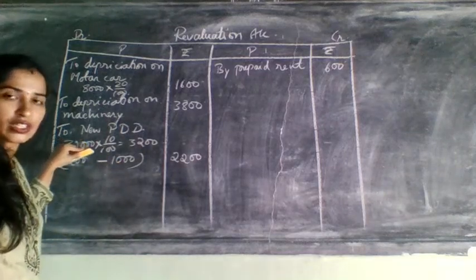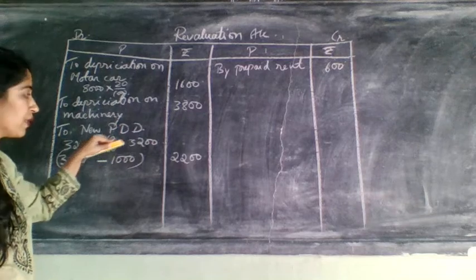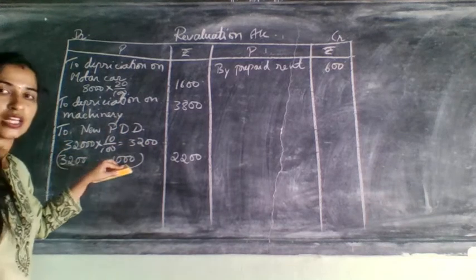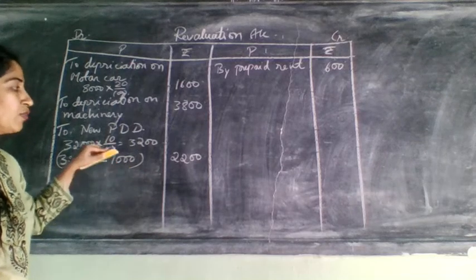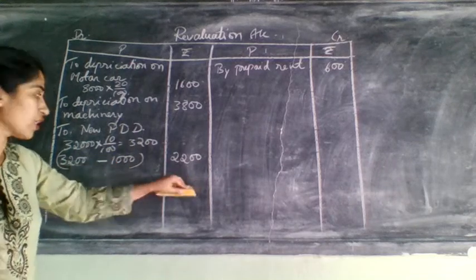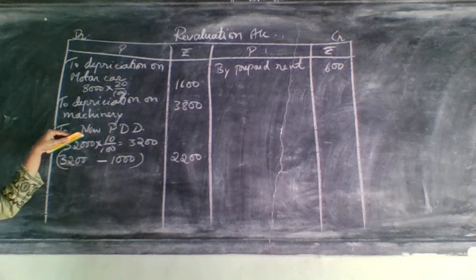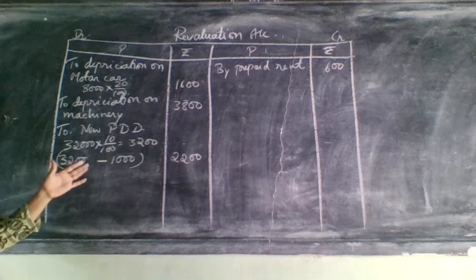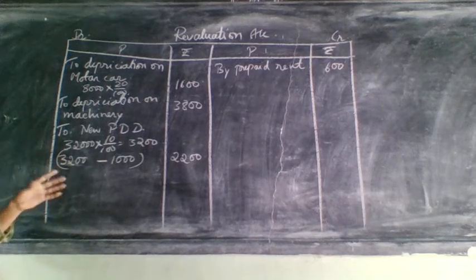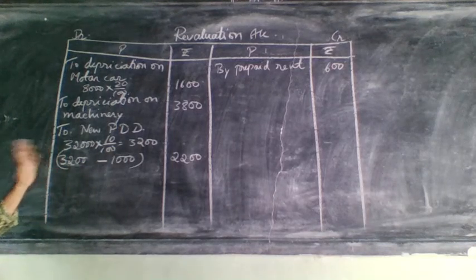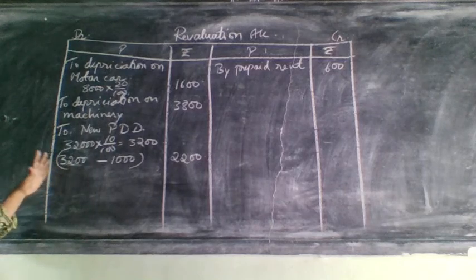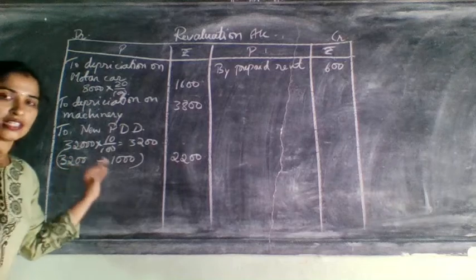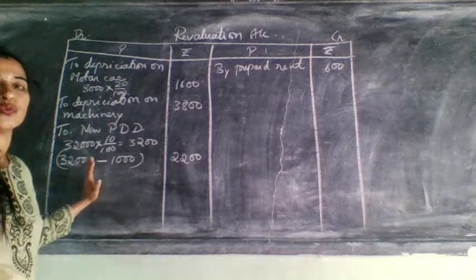That means for 32,000 they told you to maintain 10%. It will come 3,200. From the 3,200 you need to minus the old PDD. At that time you will get the difference amount. That difference amount is considered as new PDD. So in different ways they'll ask about PDD. If you practice those problems, then only you can understand this, or else you will feel difficulty understanding this adjustment. But it is very simple. Just understand what you need to do at this stage.